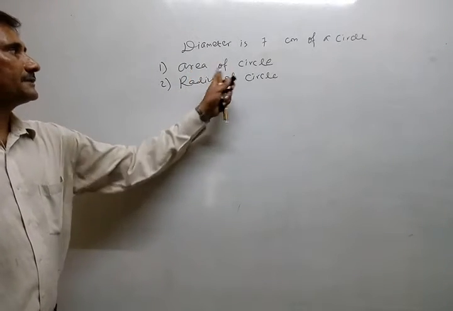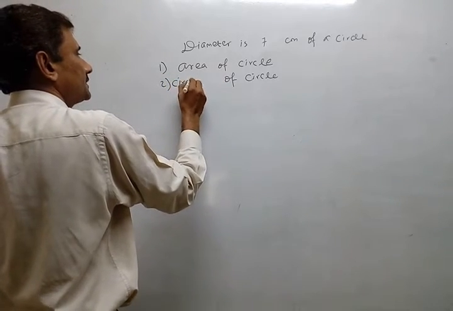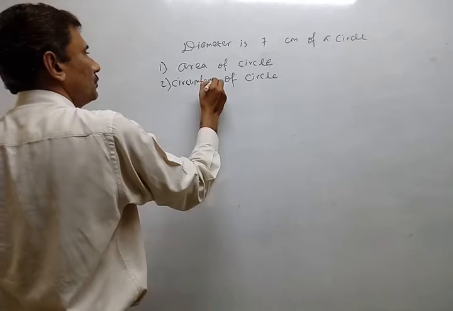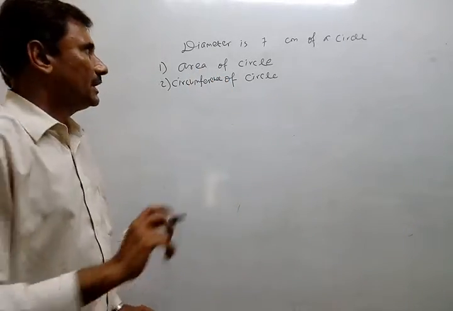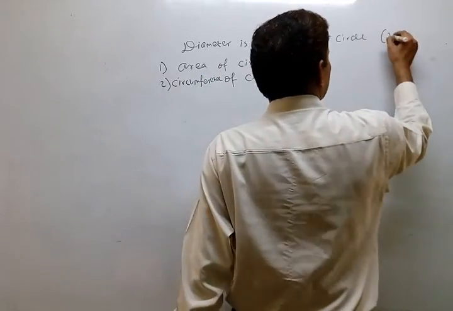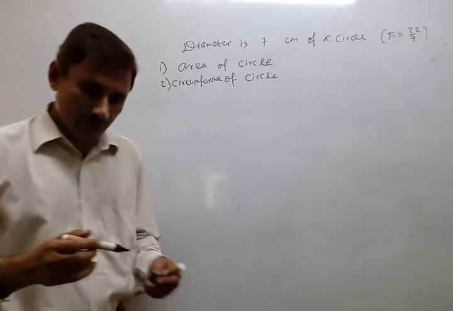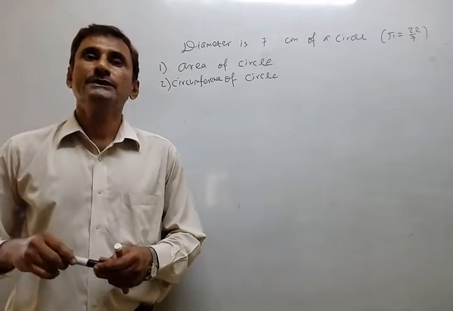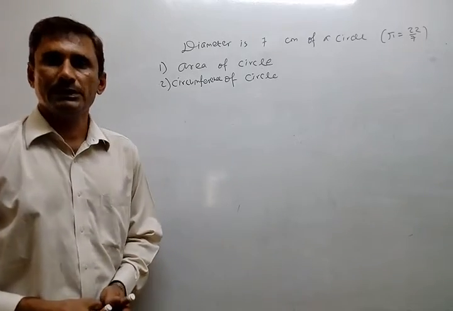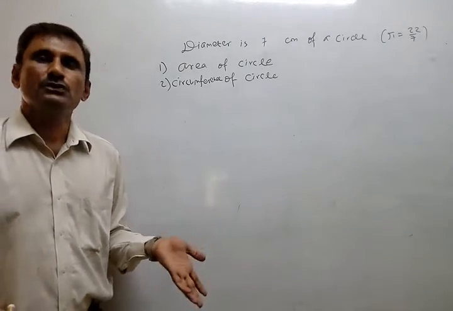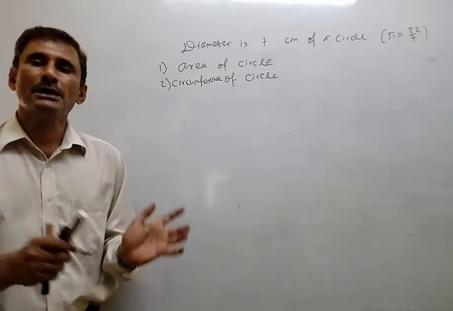So find the area of the circle and the circumference of the circle. I have given you both formulas also: pi r square and 2 pi r. So just place the values. And pi is every time 22/7, just like in lesson number 30. If they have given 3.14, then you can use that. Otherwise, you have to always take 22/7. You understand? So from tomorrow, we will start the new lesson number 12, areas related to circles.